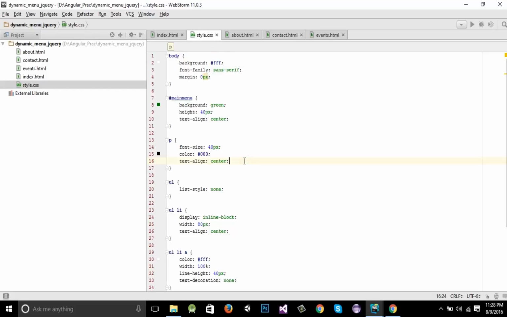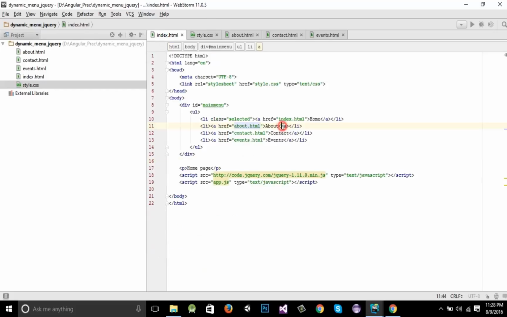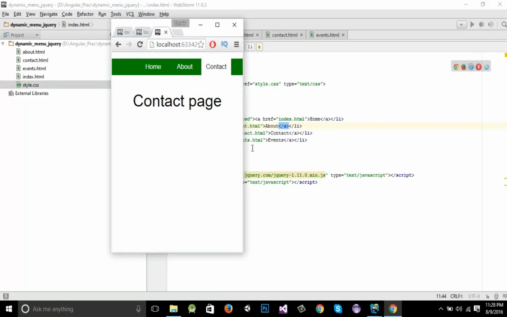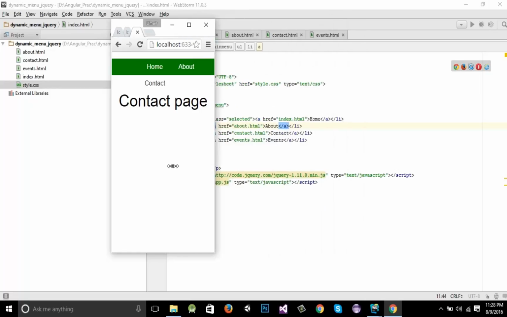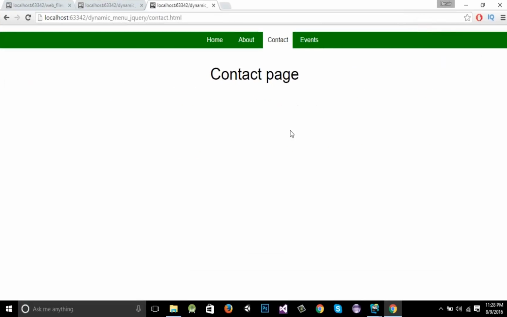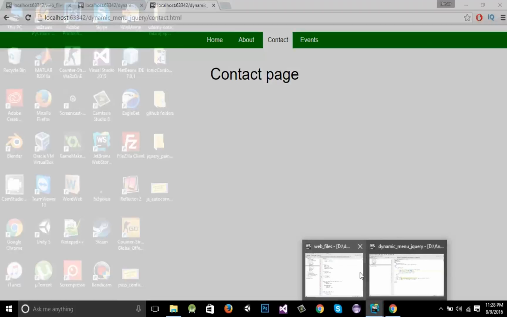Alright, so I think we are done with it. So now let's see if we have the actual style now. Okay, so we are done with it and we have everything working fine. But now if we decrease the screen size, it will not work the way we want it to work. So now let's go and